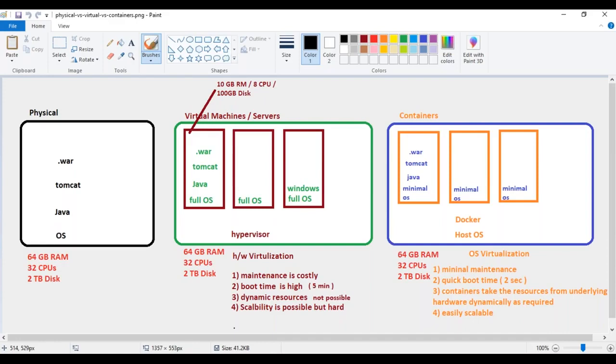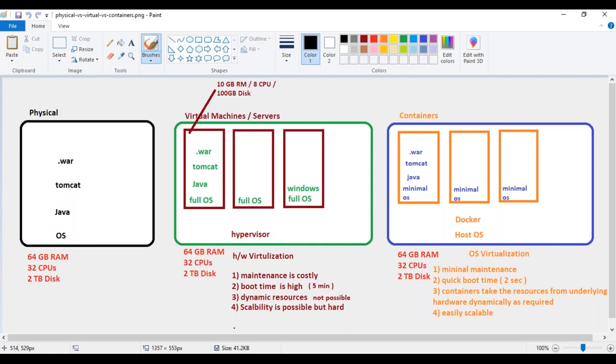We used to keep big resources because we never knew how much memory or how much CPU was required by an application. We never calculated those things. That is the reason we hosted them on big fat servers. If it requires resources, it takes them; if it doesn't require them, it will not use them. In that case, we are wasting a lot of resources on every physical box where we host an application. Because these hardware components are costly, it is direct money for organizations, so it was a very expensive way of deploying applications.